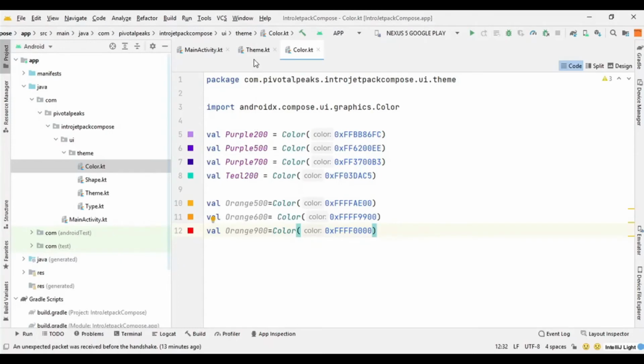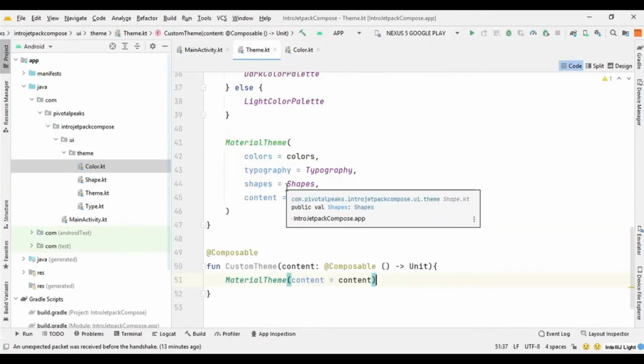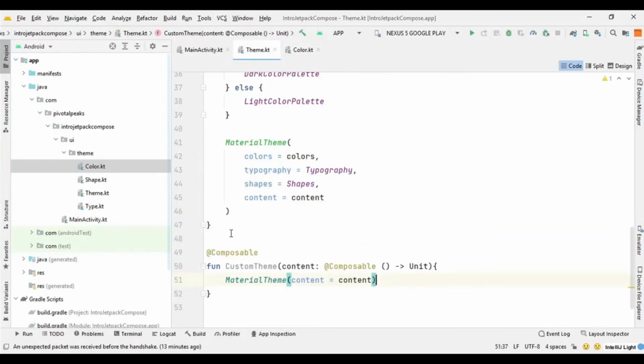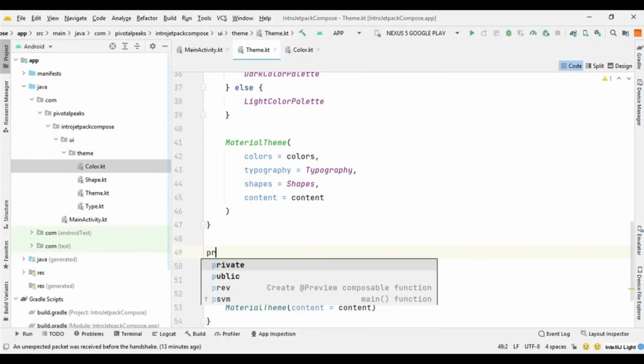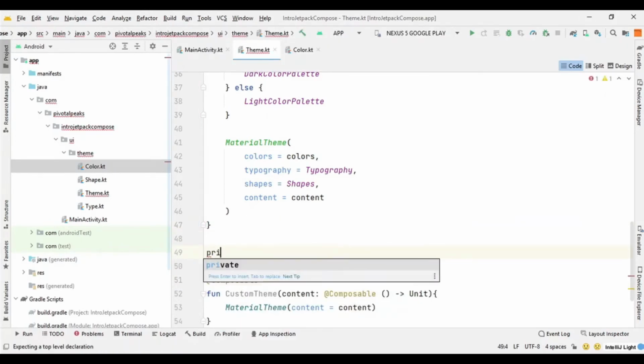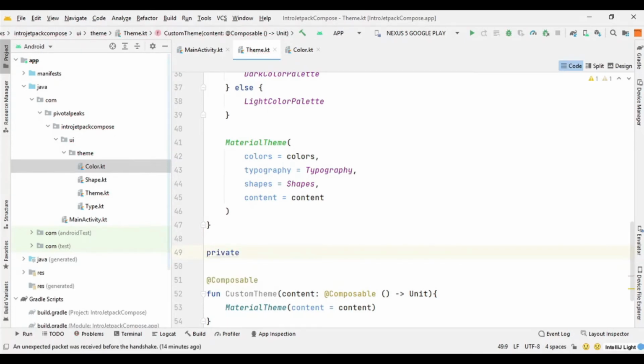Let's get back to the theme. Now we need to bundle all these colors into one color object. So I will say private, I will say orange colors, and here we need to pass, you can either pass it as a light color or as a dark color.